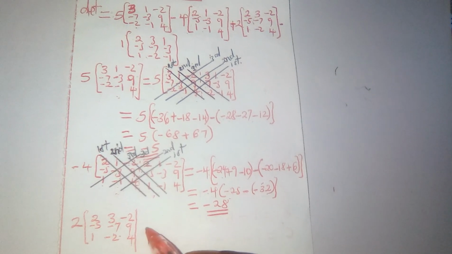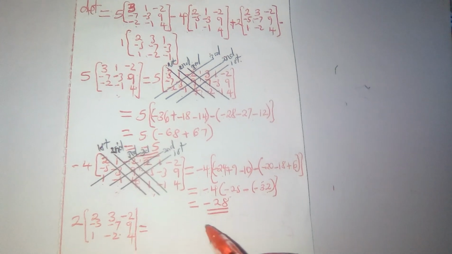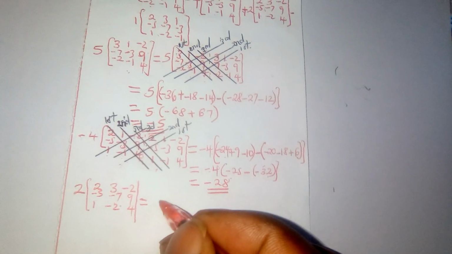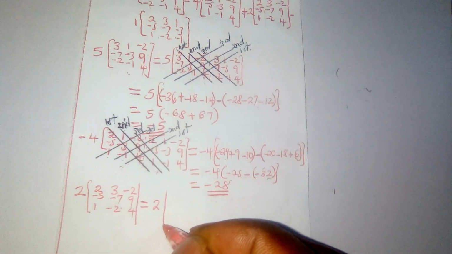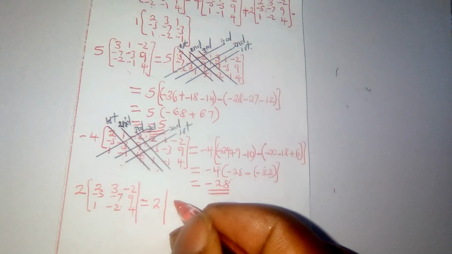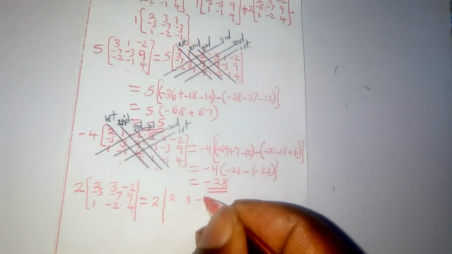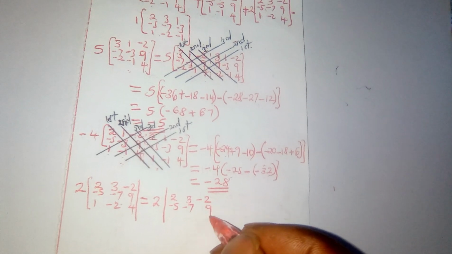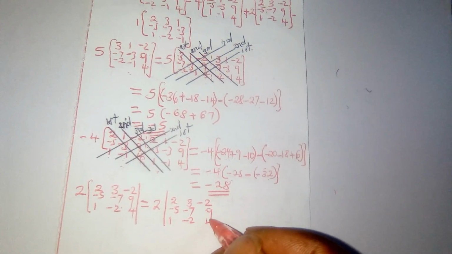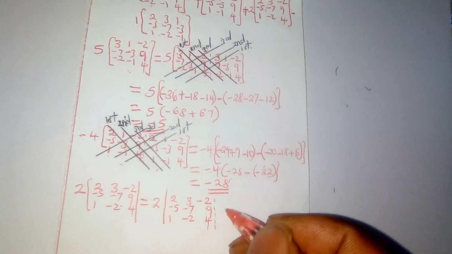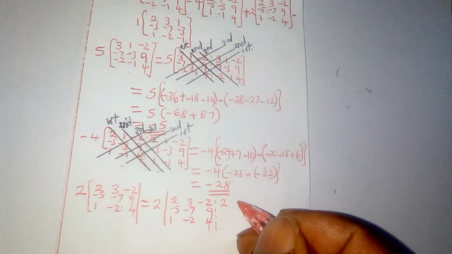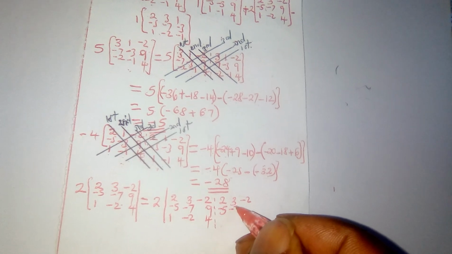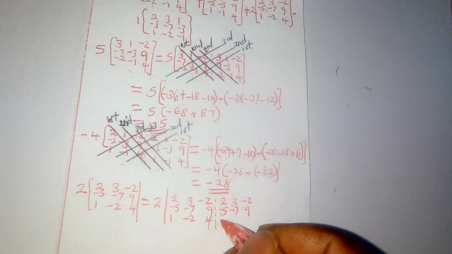After that, I'm required to get my determinant here. Just use the same approach as I've shown you. The repeated order method states that I just write 2. Then after that, I write the matrix the way it is. So I'll come here and write 2, 3, negative 2, that is negative 5, negative 7, as well as that is 9. Then finally 1, negative 2, 4. Then because it is repeated order method, I repeat it. So it is now 2, 3, negative 2, that is negative 5, negative 7, 9. Finally I have 1, negative